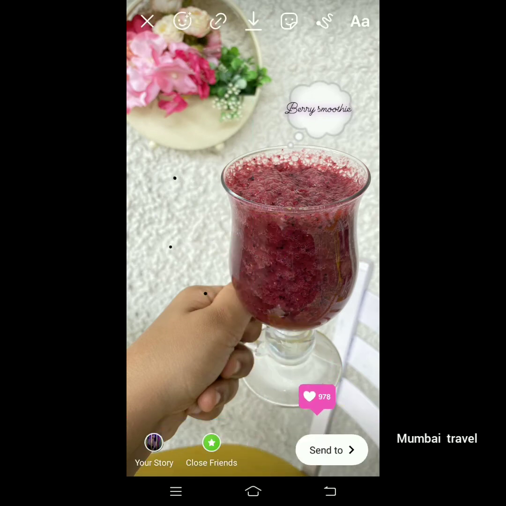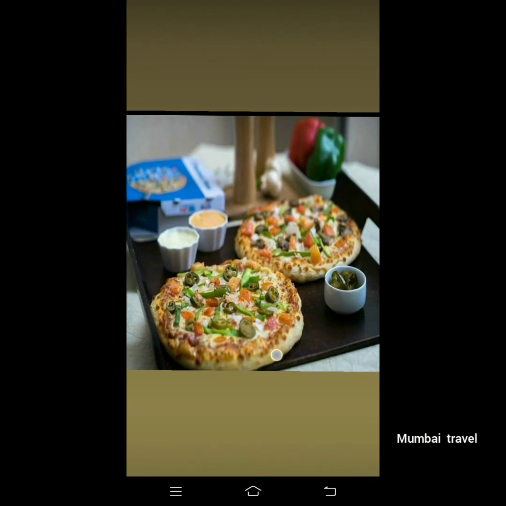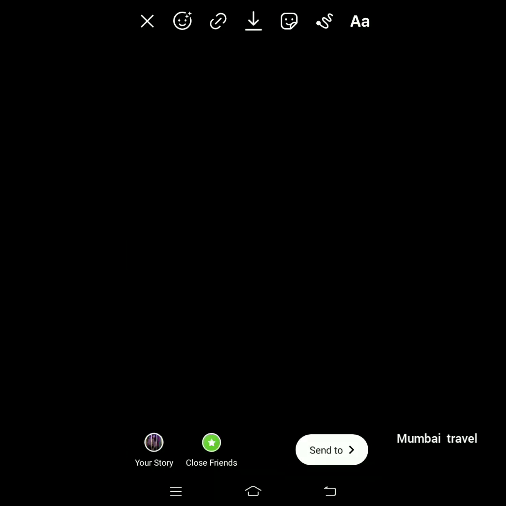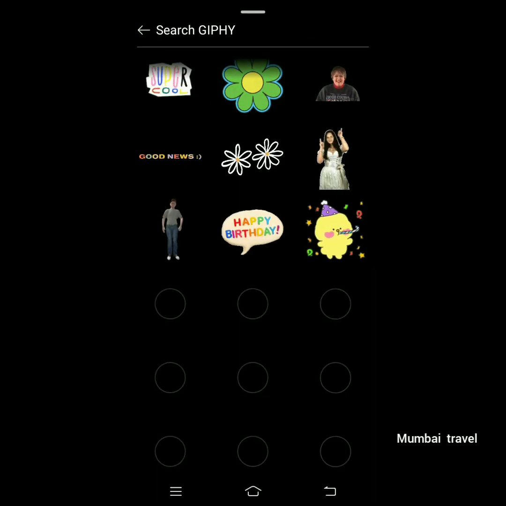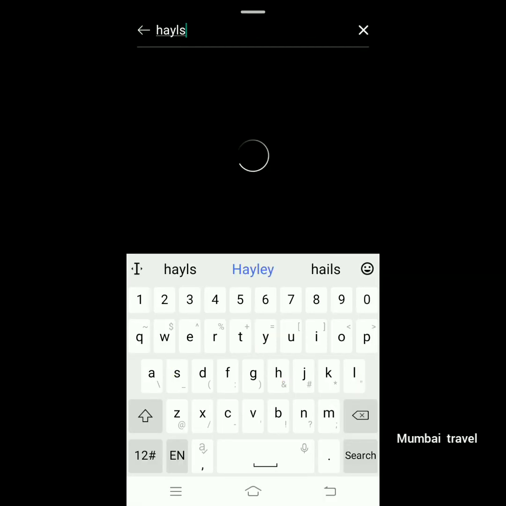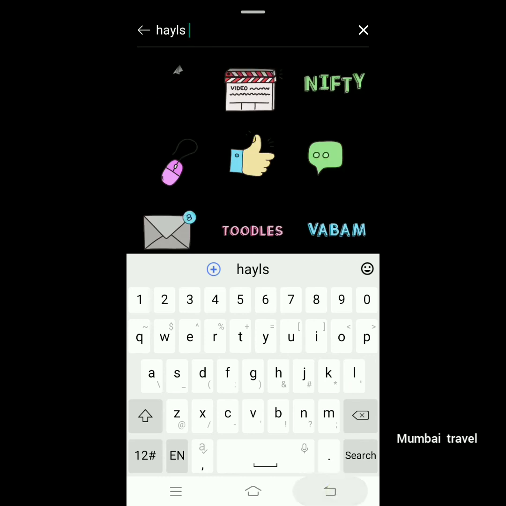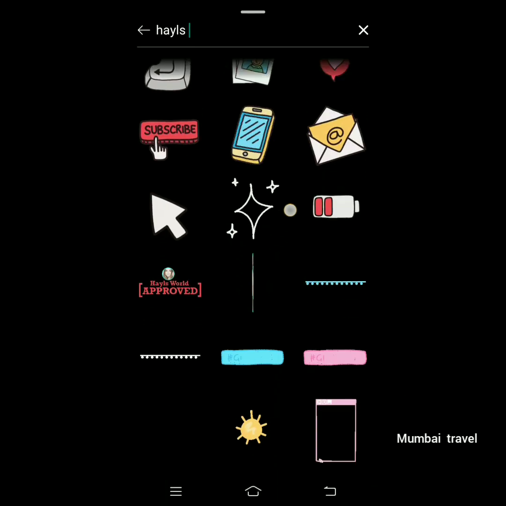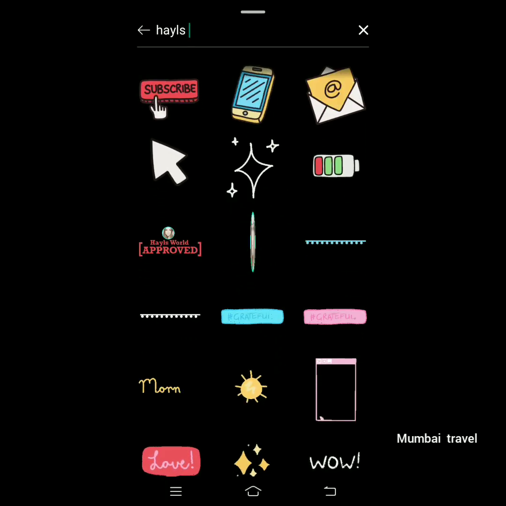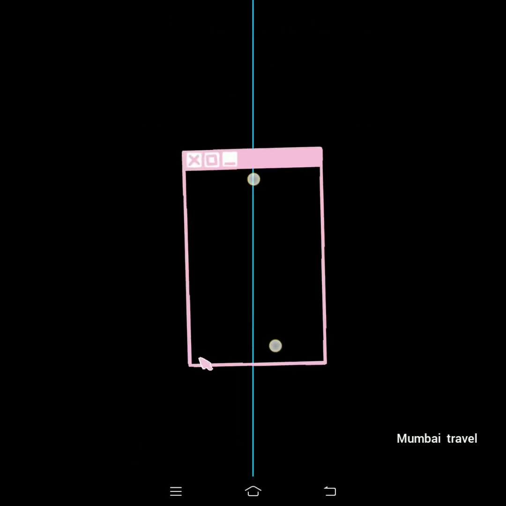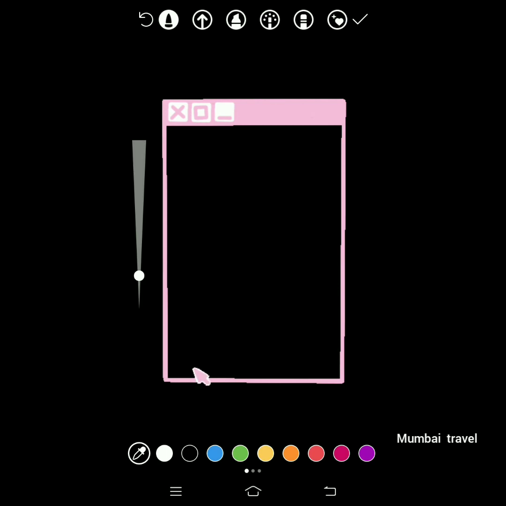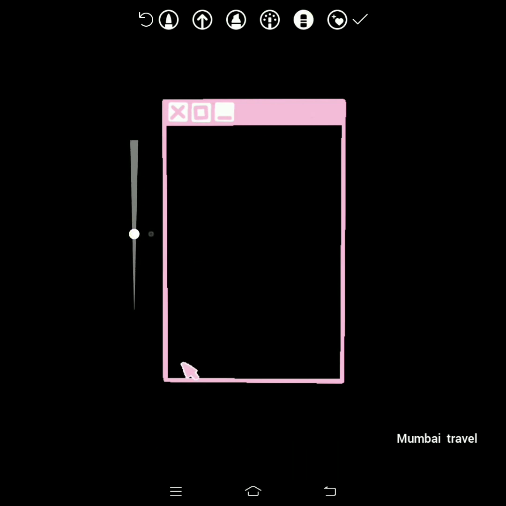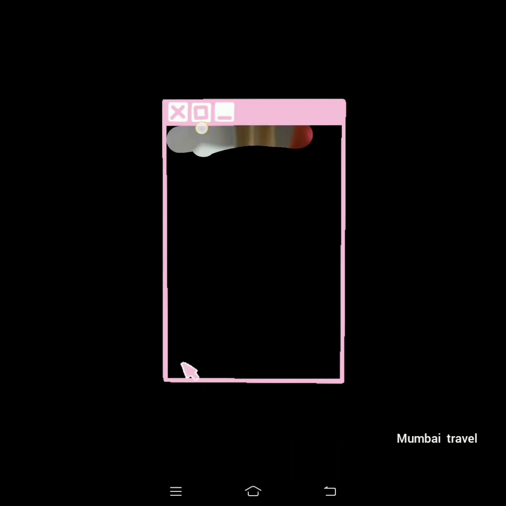So I have done one more of it. Over here, make the entire screen go black and go to the sticker section and just mention Hallie's World. She's one of the influencers who has her own stickers over here. So I have used the computer screen sticker from her. And what you do is just erase the part which you want to show in the screen. It is going to give you a computer effect. So I have centered it to the pizza section and I'm going to erase it out.